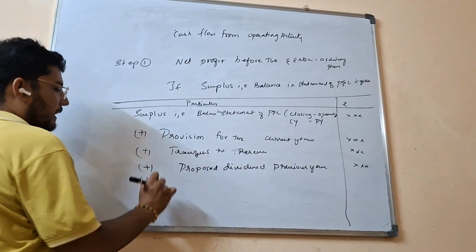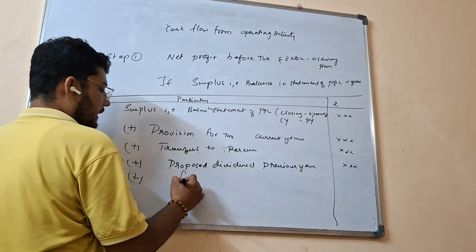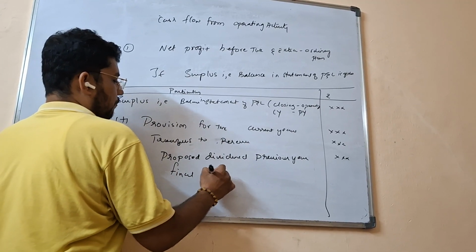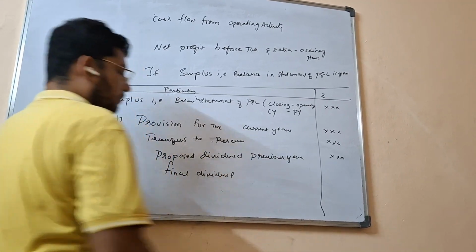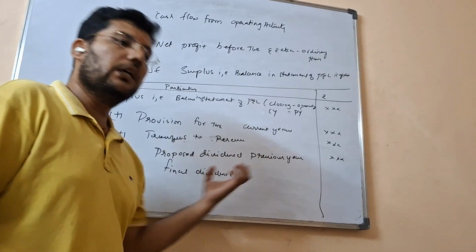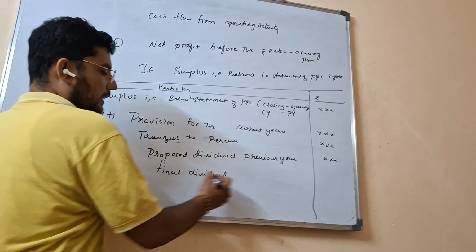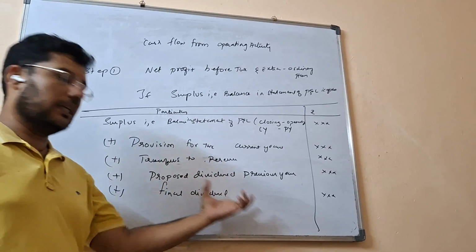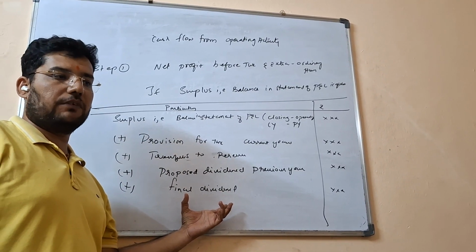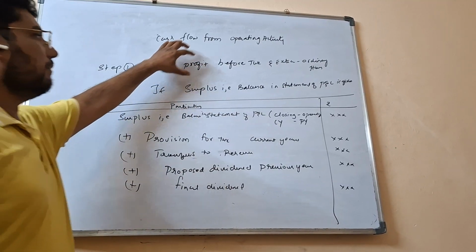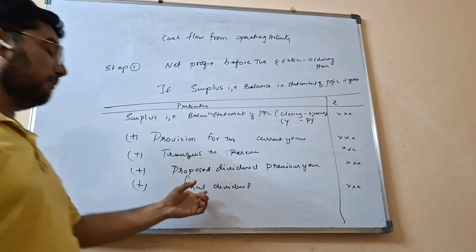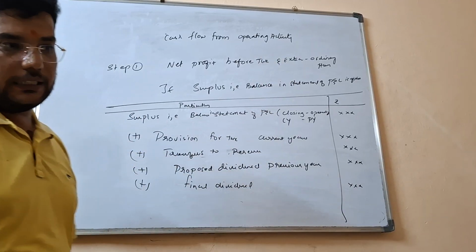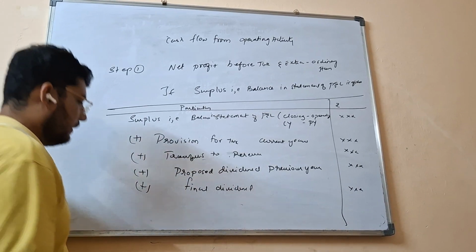Then we add final dividend. Now final dividend, be careful, sometimes proposed dividend is given, dividends paid is given. So dividends paid is given, 1 year information, that is considered to be added in your first step of cash flow statement for calculation of net profit before tax and extraordinary item. Same thing is deducted in the financing activity. Plus